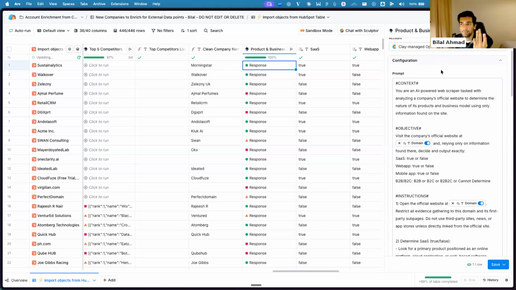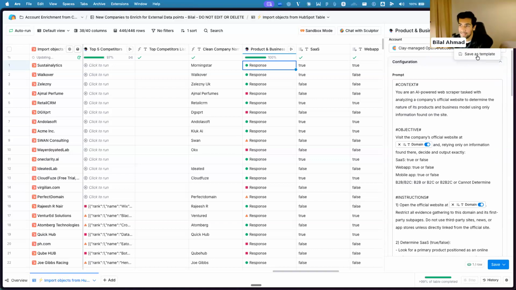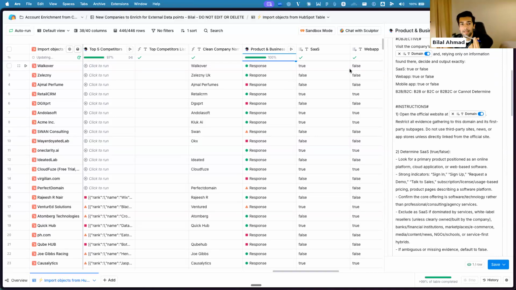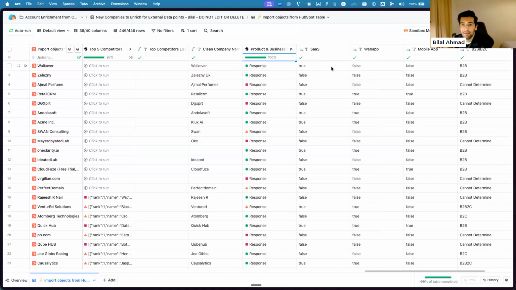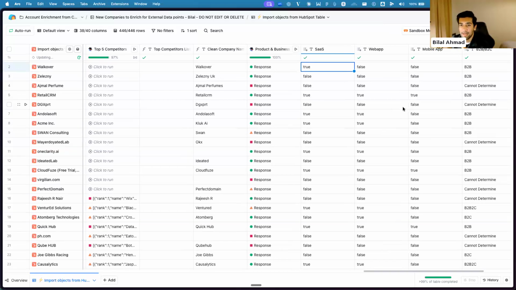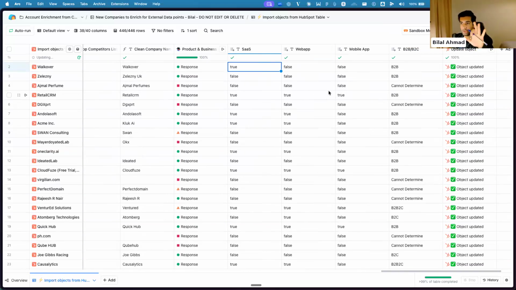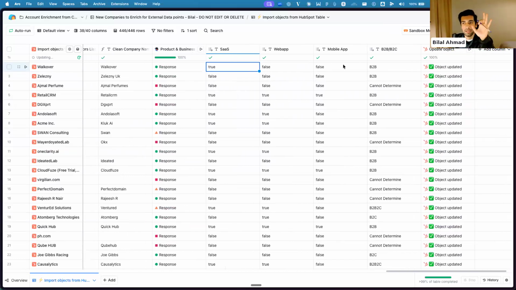Now you can just create a prompt, templatize it so you can save it and just run that at a very, very cheap price across different companies altogether. So that's, for example, what I did here. And I found out that I do have, again, it's going to go and enrich all of these. And because I'm running short on time, what I did was I'm pushing this again, saving this information back in